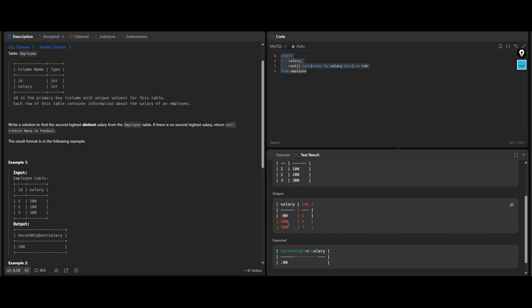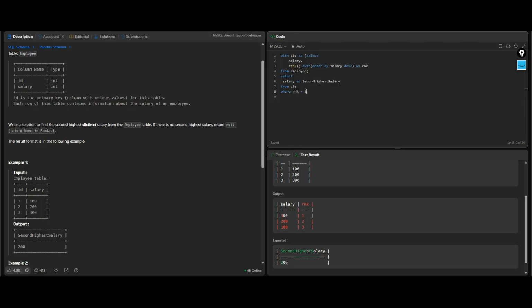Now it's simple: wherever the rank is 2, we just extract that row. We'll use a CTE, select salary with an alias of second highest salary from the CTE, where rank is equal to 2.